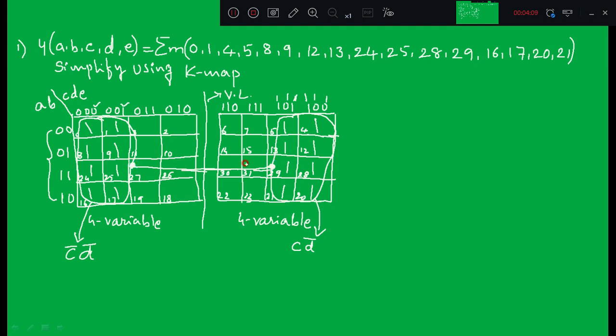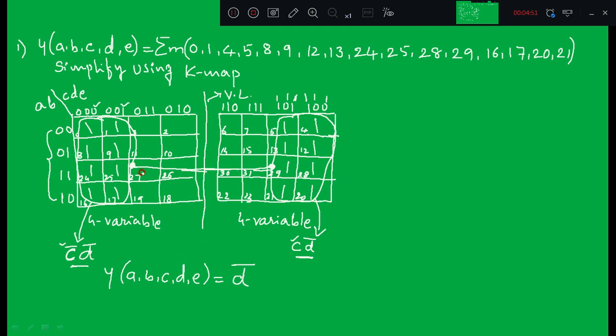We connect these two dots with this horizontal line, so that shows these 2 groups are logically adjacent, right? If you compare these 2 terms, c bar d bar and c d bar, again we can find one input variable is complement to each other. Here you have c bar and here you have c, right? So what is the final expression for the given function? It is equal to only d bar, right? The c bar here and c here both will get eliminated because both are complement to each other. So the only remaining term here is d bar, right?